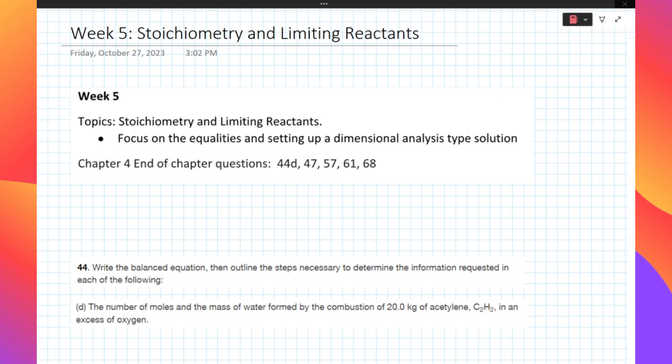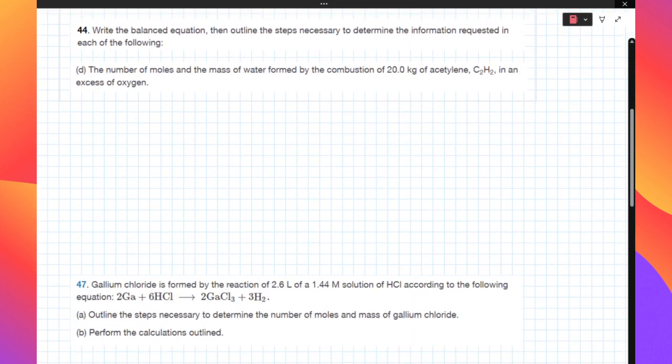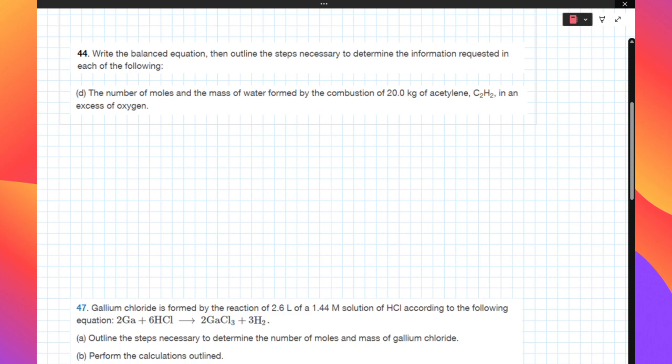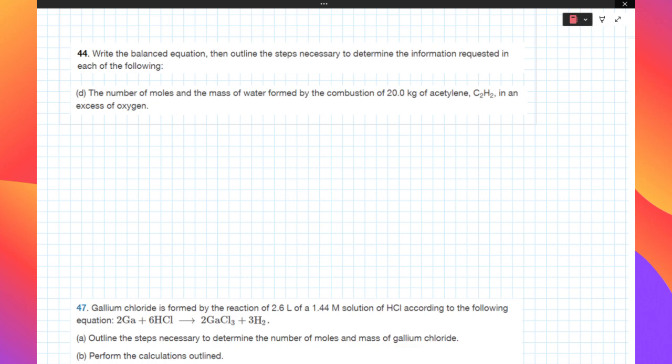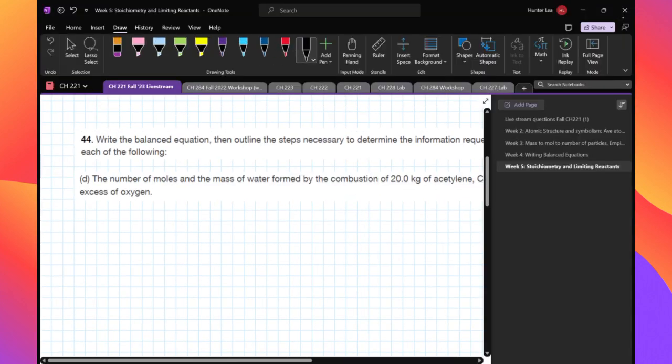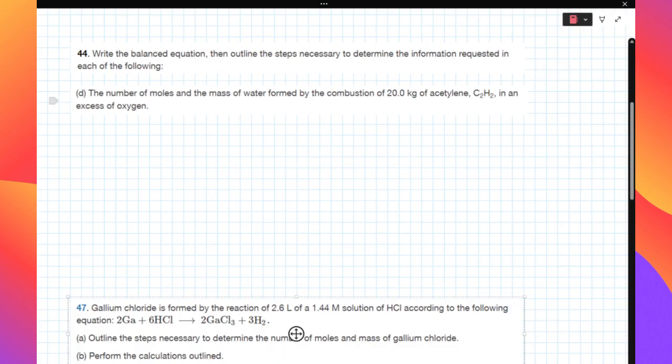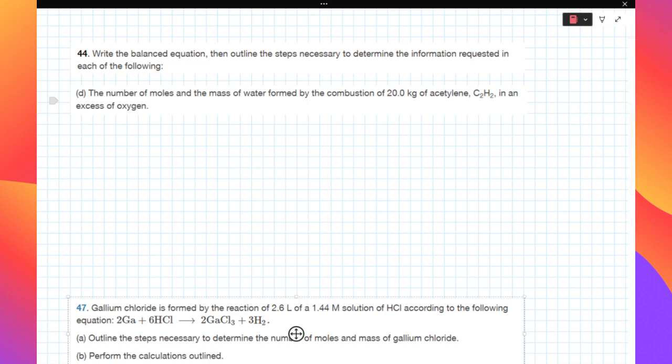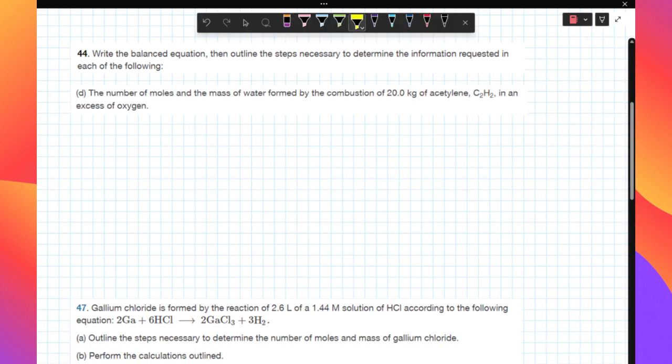So to kick things off, number 44: write the balanced equation, then outline the steps necessary to determine the information requested in each of the following. We're going to look at D. Problem 44D: find the number of moles and the mass of water formed by the combustion of 20 kilograms of acetylene, or C2H2, in an excess of oxygen. We're given some really important information here, so I'm going to use my highlighter. We need to determine the number of moles and mass. That's what we're trying to get to,